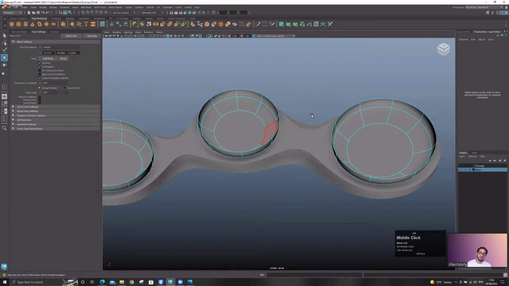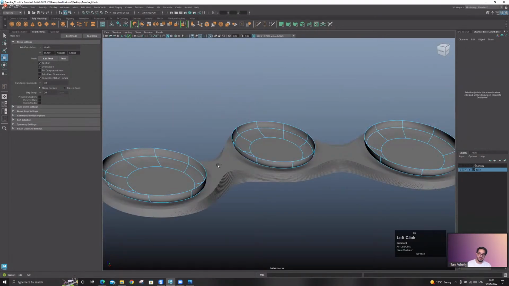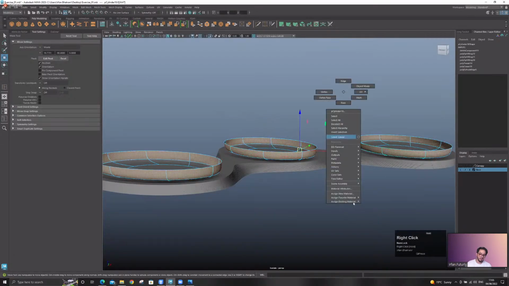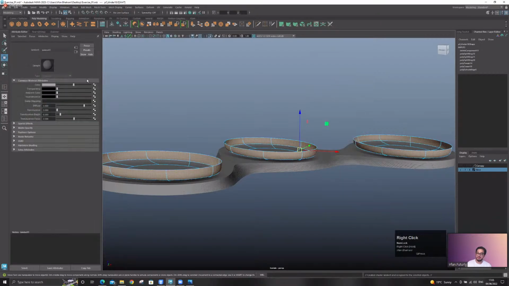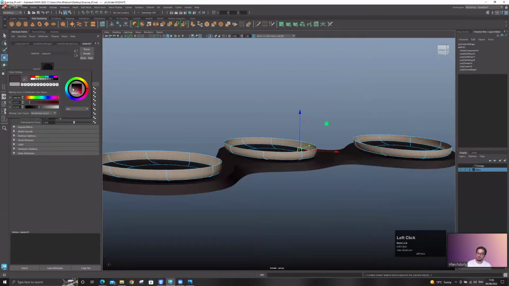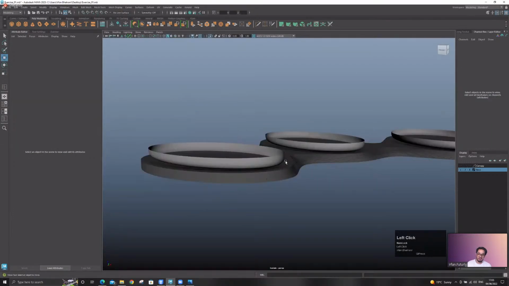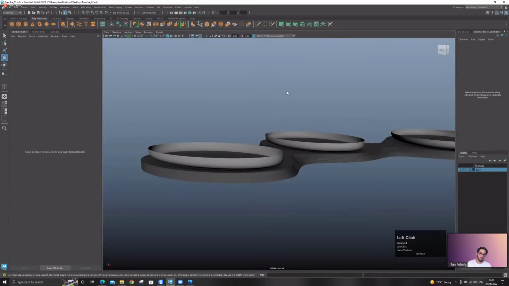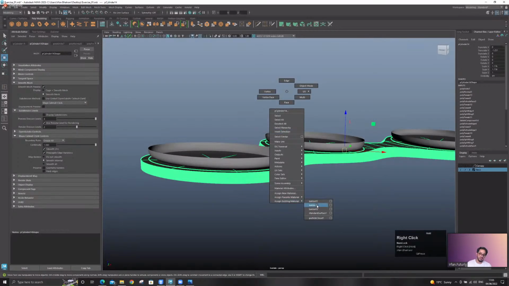Now we come over here to face mode. Select this, and existing material. We have Lambert 1 and Lambert 2. We'll make another one called Lambert. Make it darker. The whole object became this. We just need to make